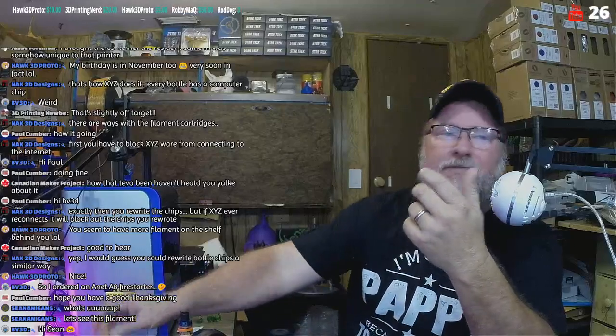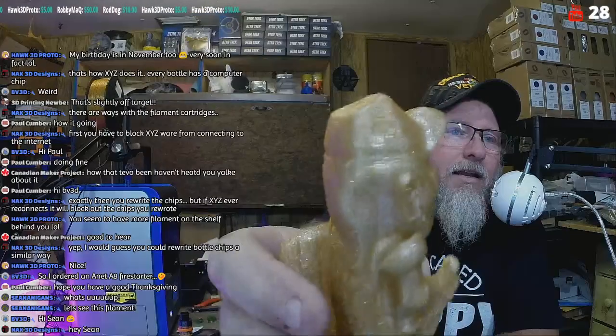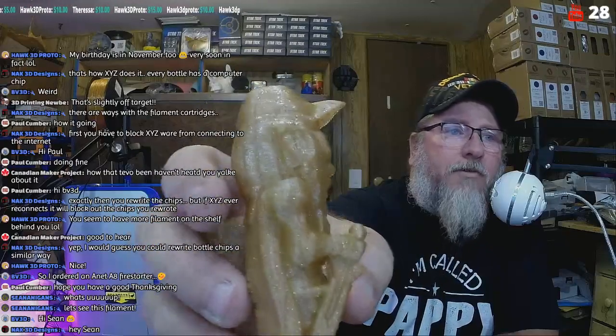I done showed this filament, man. Come on. I don't really care for the color, Sean. And it's washed out on here. The gold is actually a little darker. Now the gold flake in it does shine really well. But I don't really like the actual gold because it's more orange. It's orangish gold. Not my favorite. And I like orange, but this is not flattering orange, okay? So to me, I really need to find a...